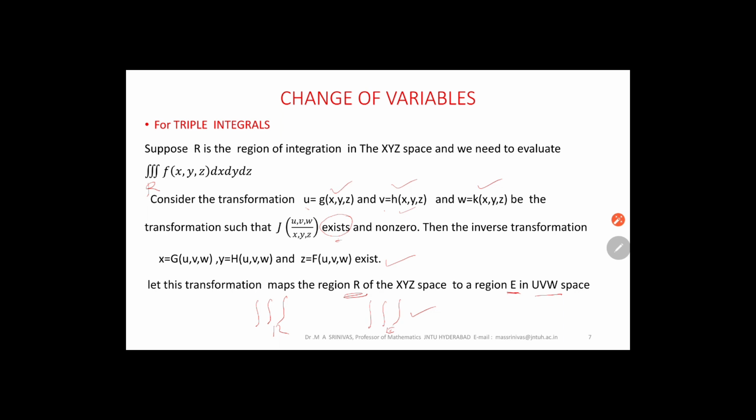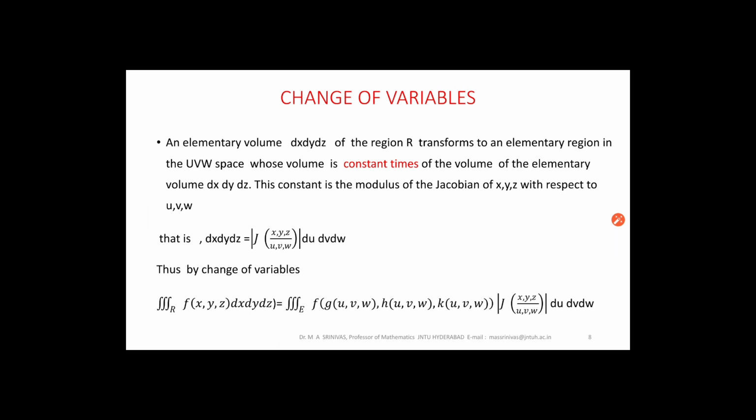And here, whatever function you have, in place of x, y, z we replace these, and you will get a function of u, v, w. If you have dx dy dz, this will become the Jacobian times du dv dw. Okay, that is what we have. So elementary volume, as I mentioned previously, here also,